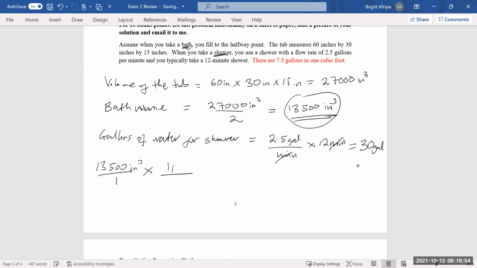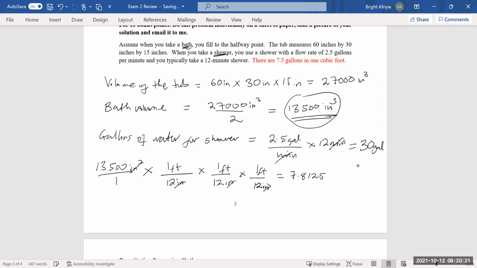But we know that 1 foot is 12 inches. Now, because we are dealing with a cubic unit, we have to do 3 times of that. This is because we are doing a cubic unit, so that these, when multiplied, will take care of all that, and our answer will be in cubic feet. So this is going to give us